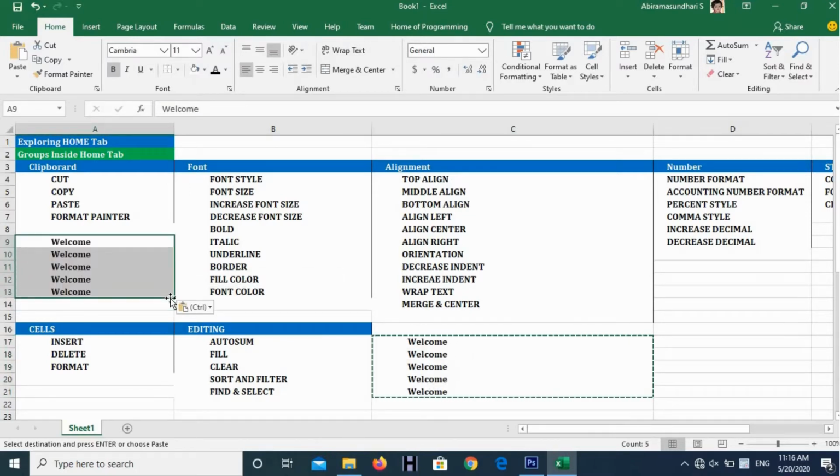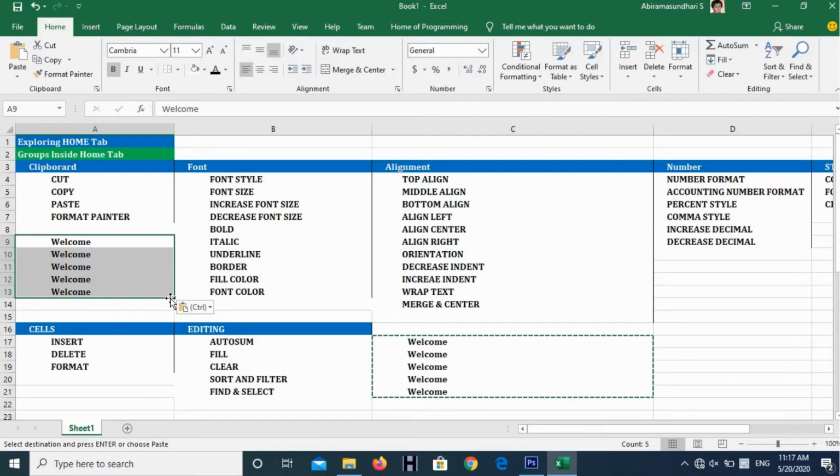The difference between cut and copy is that cut will move the content from one location to another, whereas copying will keep the copied text in the original location as well. Which means copied content will be available in both locations, right?